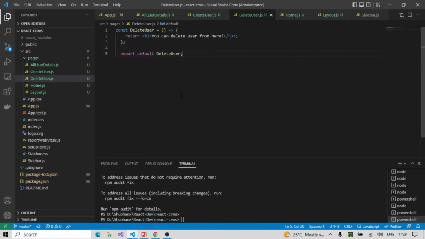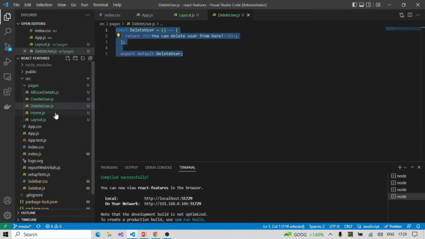Okay, so now our pages are ready, our layout is ready, and now what we need to put is some routing configuration, right? So that we can route based on the request. So the routing configuration we are putting